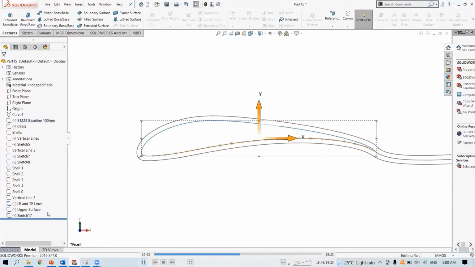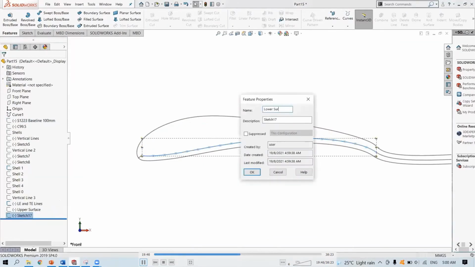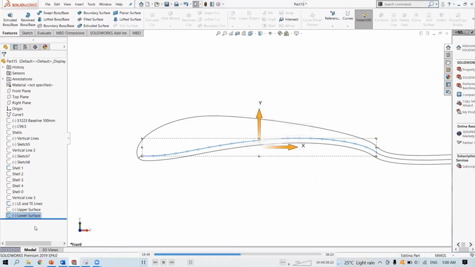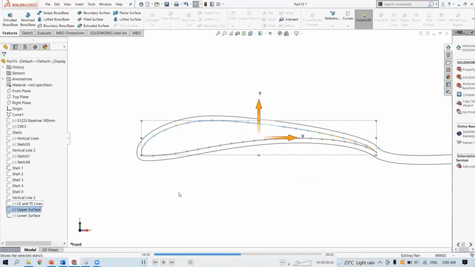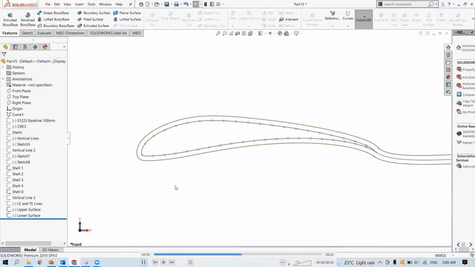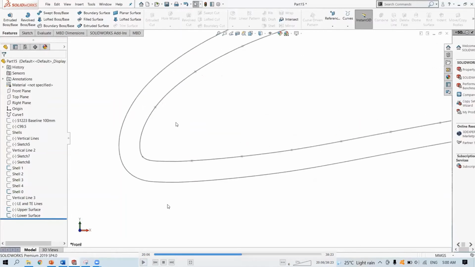Now I can just hide the baseline and use the upper and lower surface sketch instead. Now, near the leading edge, it is not actually enough to have only one normal line here and another over here.